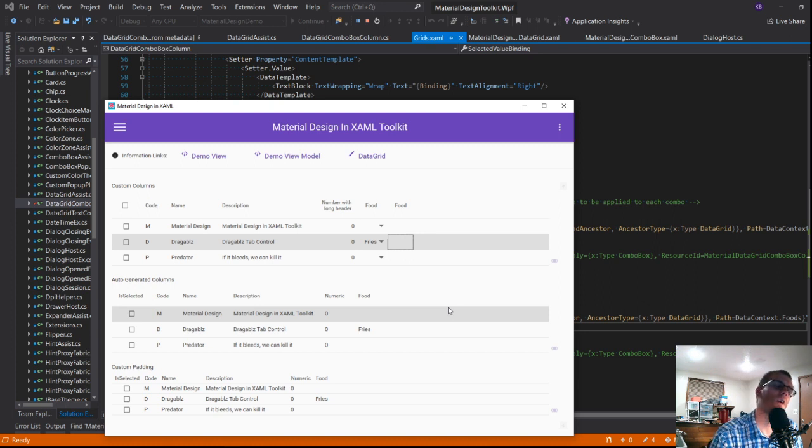If the default one isn't working, I wonder if it's broken if we don't have the material design data grid.